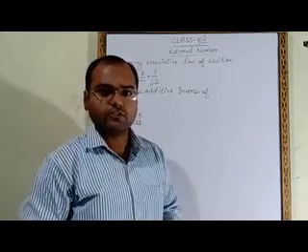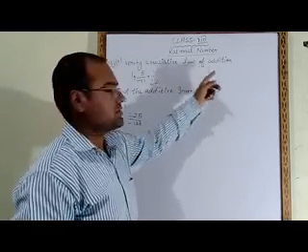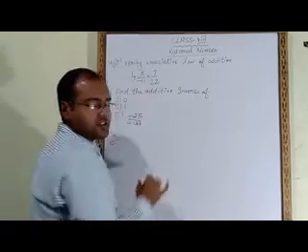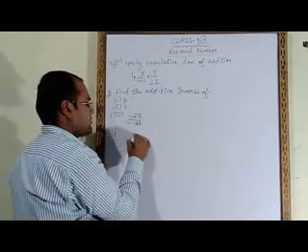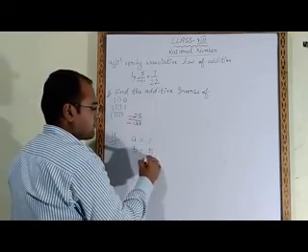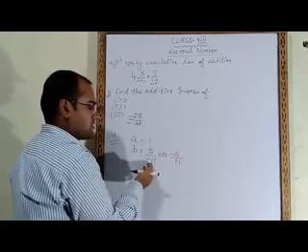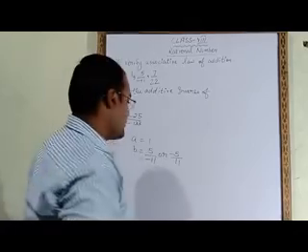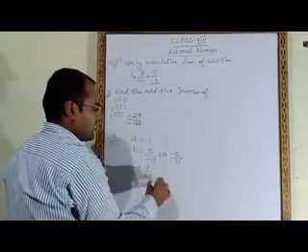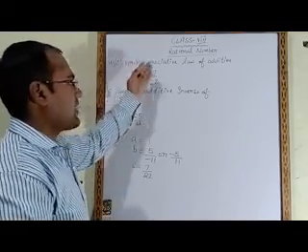Now see another question. The question is, we have to verify the associative law of addition. So in this question, what we have to do? We have to verify the associative law. First of all, we will assume the first value is A. The second value is B. The B value is 5 upon minus 11, or we can take minus 5 upon 11. This minus sign we will take in the numerator. The C value is 7 upon 22. So A, B and C, three values are given and we have to verify the associative law.